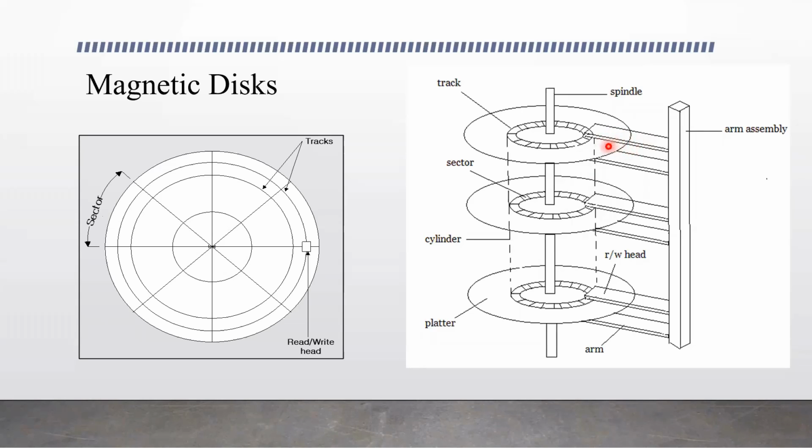This is the top surface of the disk, and at the bottom is the bottom surface. A disk has two surfaces, top and bottom, so we have two read-write heads, one at the top to read the characters from the top and one at the bottom to read from the bottom. This way, hard drives generally have many disks connected, and these disks rotate together at high speed.